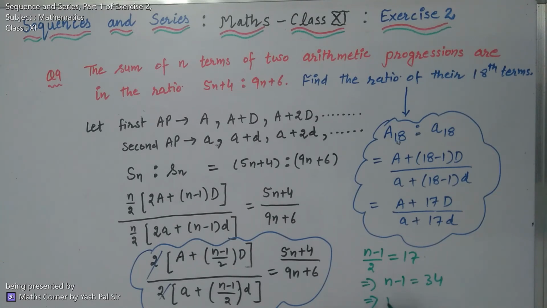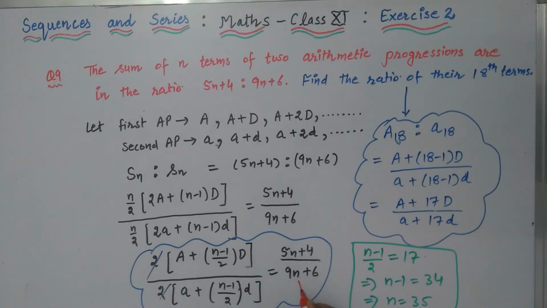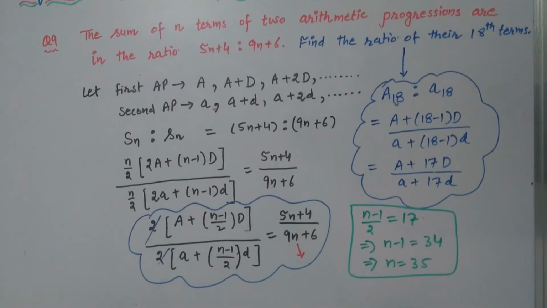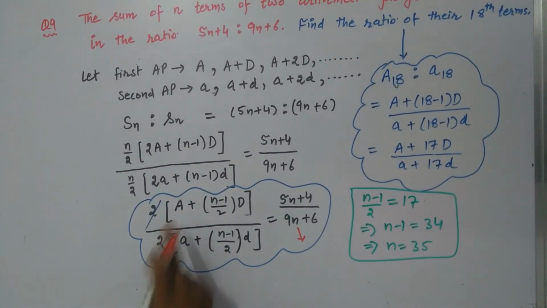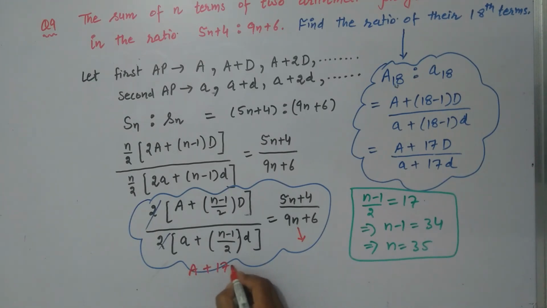So that means n is equal to 35, right? So if we substitute n equal to 35, the left hand side and right hand side become A plus 17D divided by small a plus 17 small d is equal to, keeping n equal to 35,